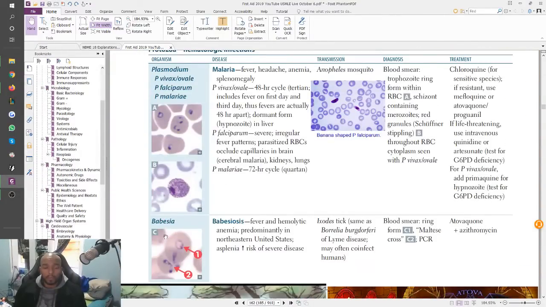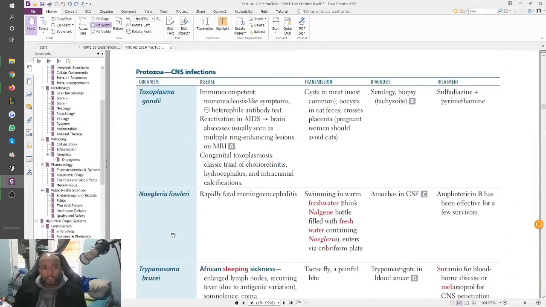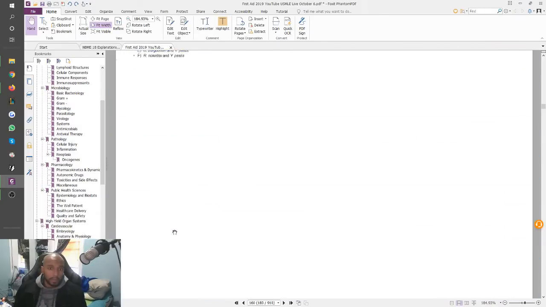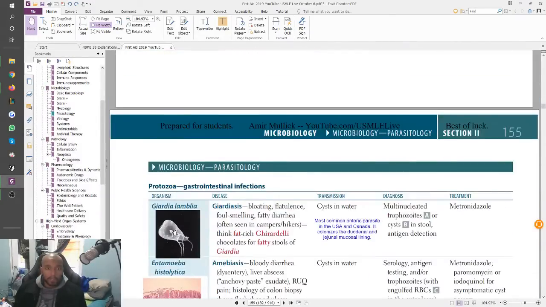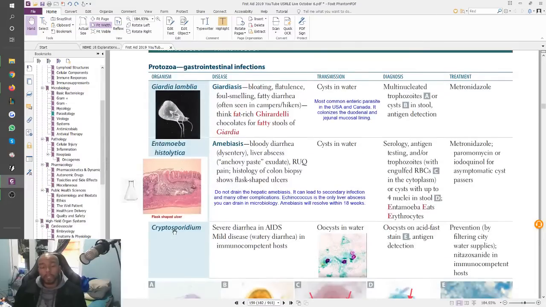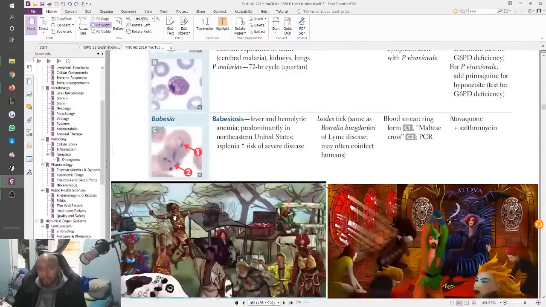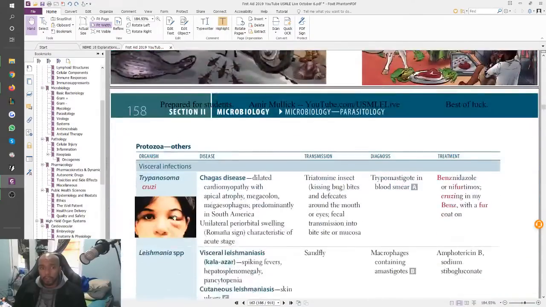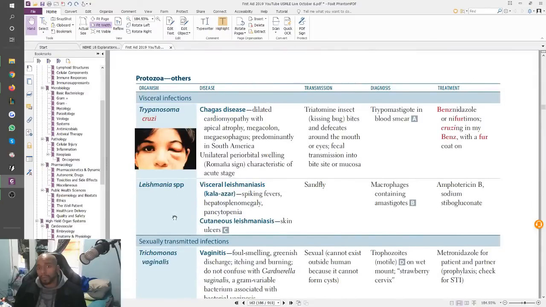Yeah, these two guys, Plasmodium and Babesia, they love. Didn't really see any questions on these guys. I think that's about it. Yeah, they don't even ask many questions on these guys because these are actually pretty high yield. Right, so NBME and Step 1, generally speaking, have been leaning towards things that they think students wouldn't really be studying or focusing on too much. So make sure you're ready with that.